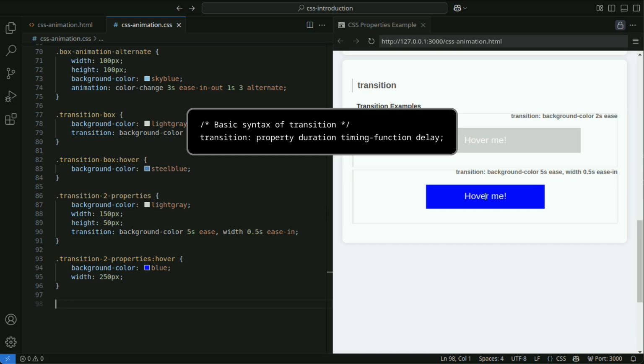Specify using seconds, s, or milliseconds, ms. The timing function specifies the change in speed of the animation. You can use options like ease, linear, ease-in, ease-out, ease-in-out, etc. The delay specifies the delay time before the animation starts. Specify in seconds or milliseconds.